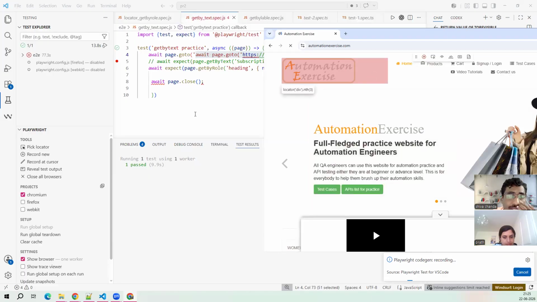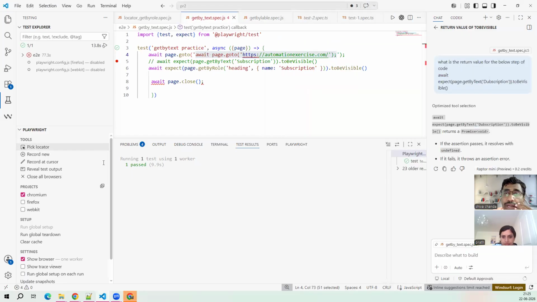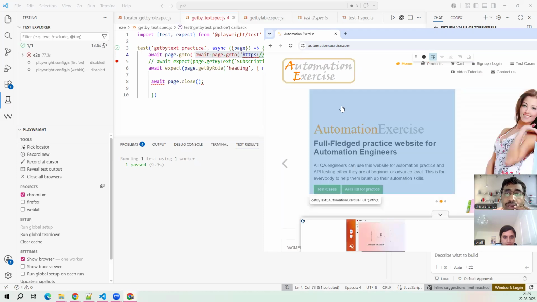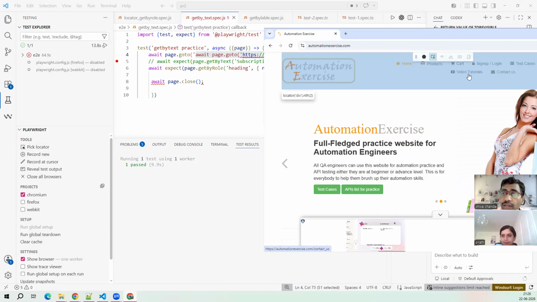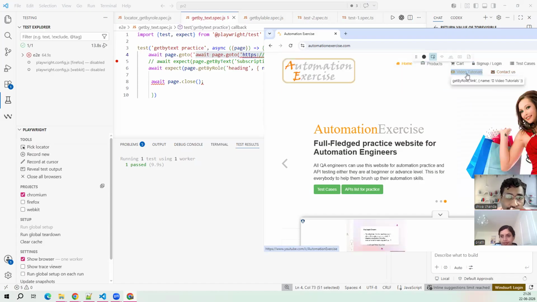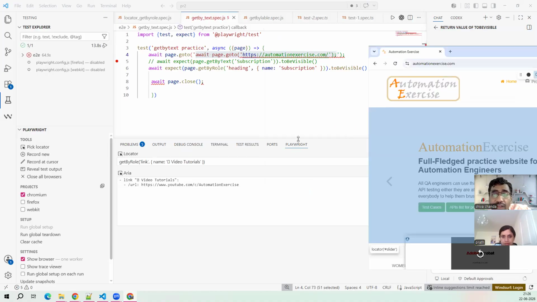Anyways, now if you see, there is a pick locator. If you click this pick locator, you can come here and see whatever you want here. For example, video tutorials. If I click here, what is happening? There is a Playwright tab. Have you observed? In your VS Code also, it will be there. That came because of the Playwright extension. So here, if you see, it is suggesting